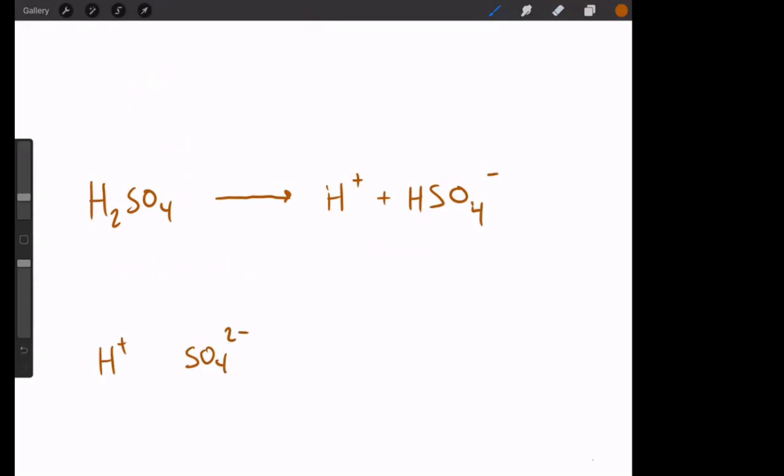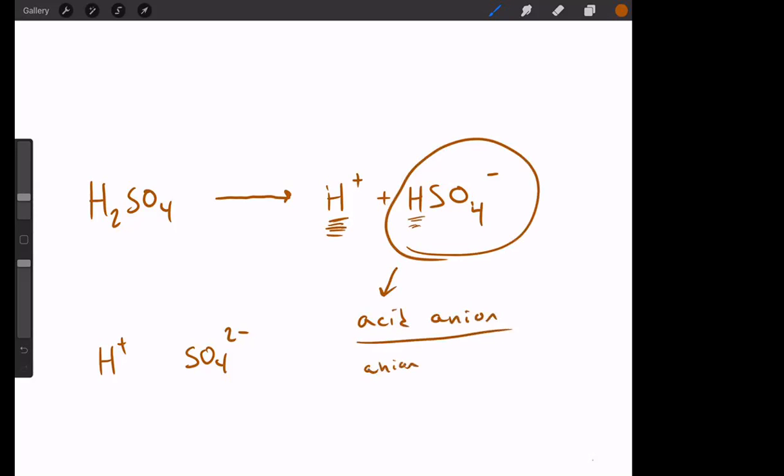One of the things that I said about these acids is they can behave as if they have the properties of an ionic compound. So we know that I had 2 H plus ions to balance out the 2 negative charge from the sulfate. But what if I gave up only 1 of those H plus ions? If I give up 1 H plus ion, and I leave 1 in the formula, I'm left with this thing. This is an acid anion. It's, in other words, it's the anion formed from an acid